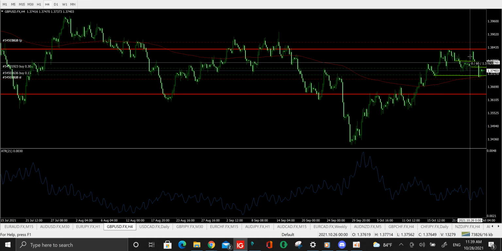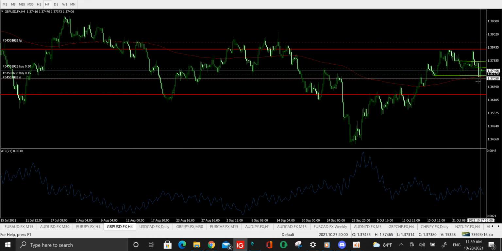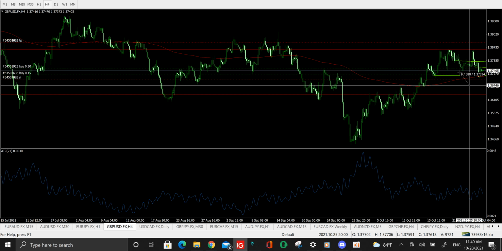What happened earlier this week is price did break out into a bullish movement. It was supposed to break out and continue on up, but price got rejected from that resistance, and a bear trend was born right there. We don't know just how low price can go, but if price goes as low as 1.366, we can suspect it to keep going another 100 to 200 pips. I don't want to see it go down that low if I'm going to be bullish. I would like to see some sort of reaction around this area, and if it does fail, it's going to keep going down. Hence, I stay out of the news.